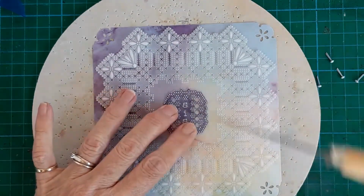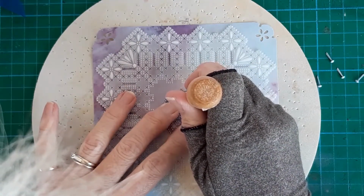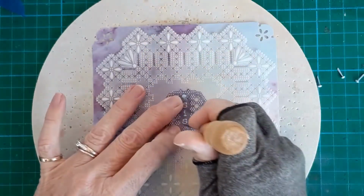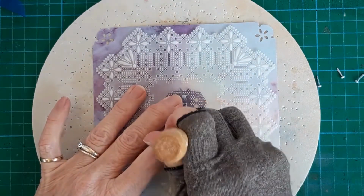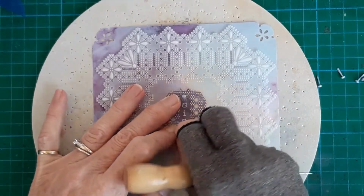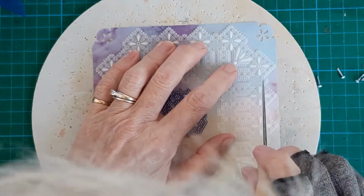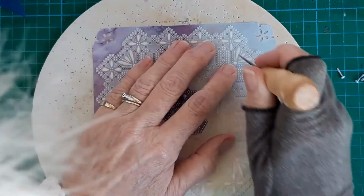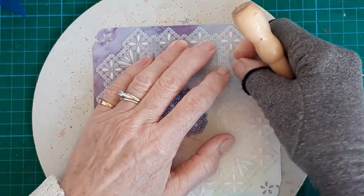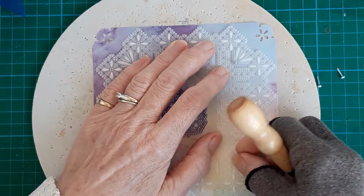We're near enough there. Use my hole punch. I'll put it right in the middle of that one there, and that one. And then one in each corner of the white parchment. Now it's deciding whereabouts. In fact, I'm probably going to put it in the corner of that embossed piece there. The same on each corner. I know it's not right in the corner, but